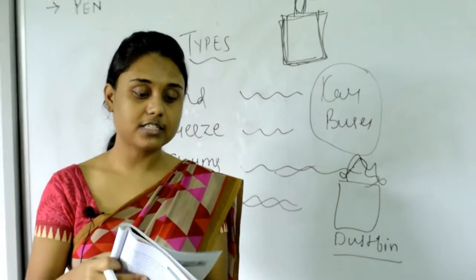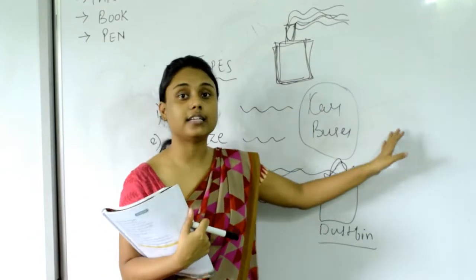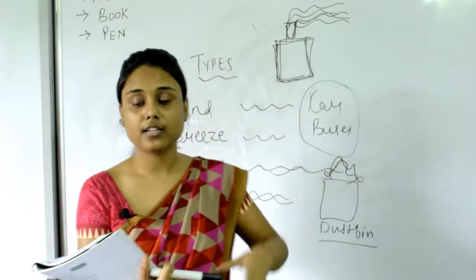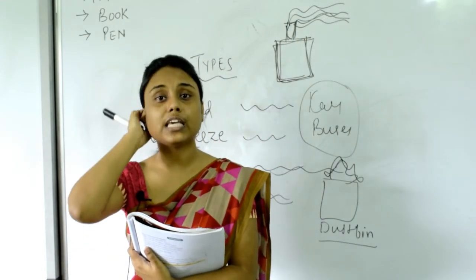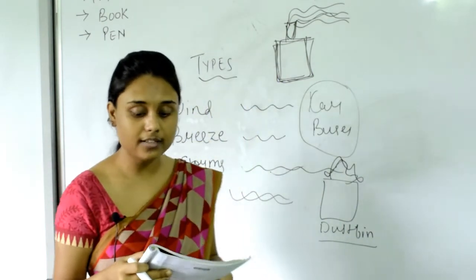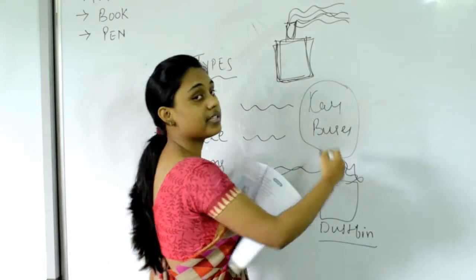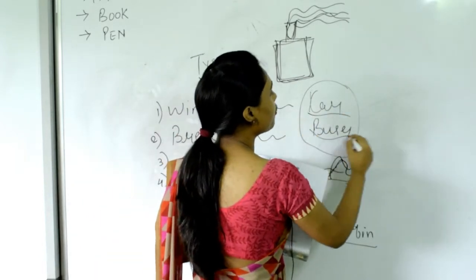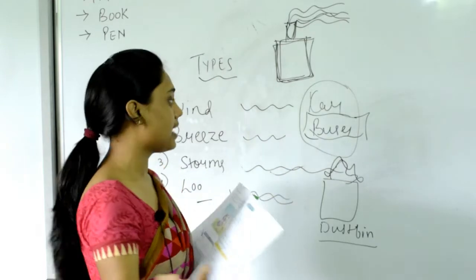Now we will study keeping the air clean, because we need to stay in a clean surrounding. We need to breathe clean air, right? So how do we do that? There are several ways of keeping the air clean. We can reduce the smoke from the vehicles and the buses. We can reduce the number of moving cars and buses. We can walk or we can cycle.